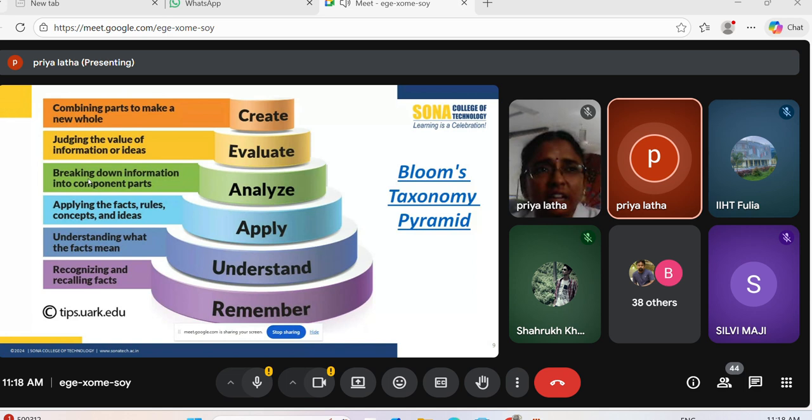Next one is analyze, and if he is able to give a solution for that, then it is an analyze level. Next,